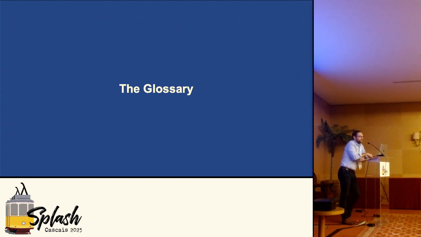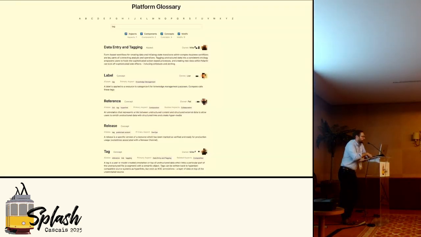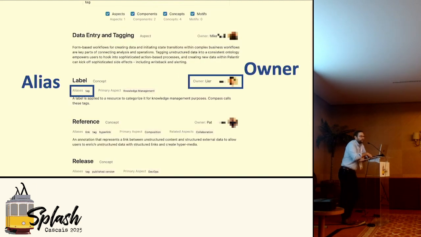So diving into the glossary a little bit more, this is roughly what it looks like when you search for something. This is a search for tag. It shows the alias for this and the owner, right? So we really were trying to blend the system documentation with the organizational design quite a lot. Aliases, again, we'll get back to that a little bit later, are probably the most important part of the glossary. They allow you to dereference things, which in colloquial natural language never really happens. You have people who call labels tags and tags labels. It's not clear which is canonical.